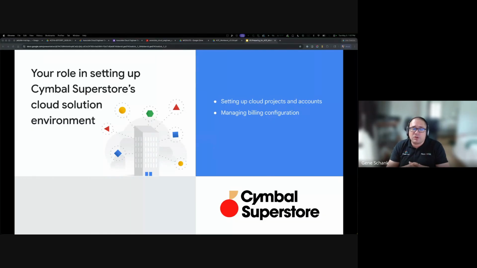And then applying access policies, access management. Also, last but not least, you also have to configure billing and monitoring so that you can monitor your resources